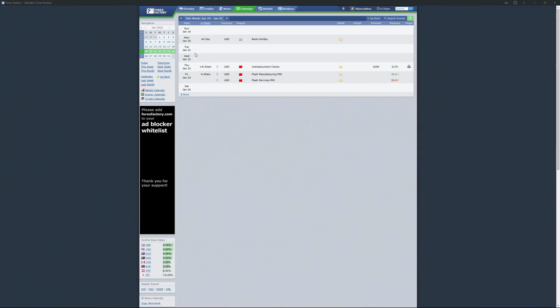It might offer something, but generally, days without news hold less volatility and less probability. But Thursday, we have our first news event, so we can expect to do something on Thursday. And Friday, we have flash PMI, so we can definitely expect something on Friday. So Thursday and Friday will be the most volatile days out of the week, and we can expect the high or low of the week to form either Thursday or Friday.